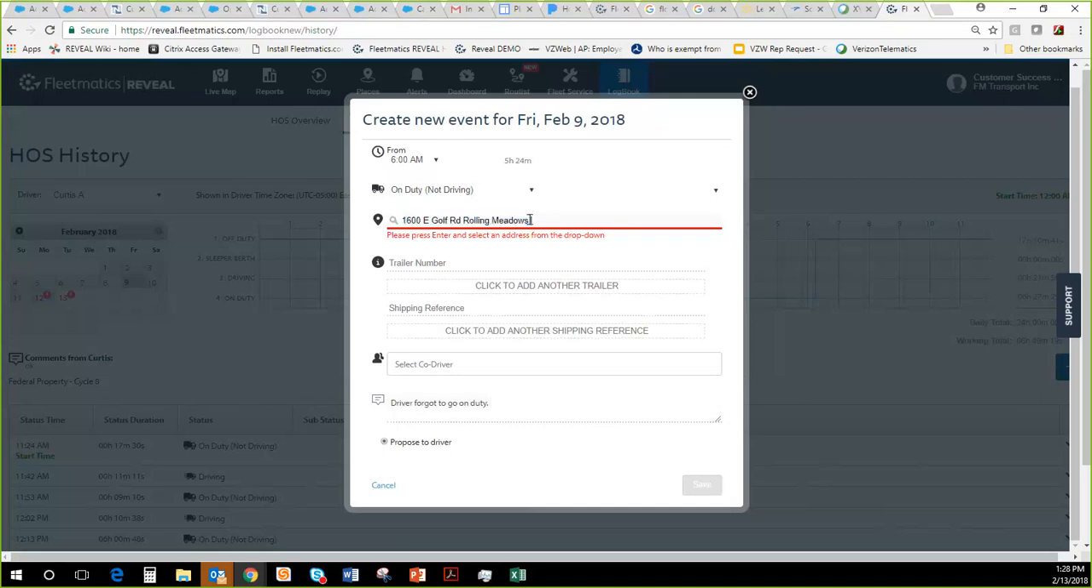So usually when you start typing in this address, you're going to get an auto-population of a field here where you can select the address. And once you have that, you can hit confirm. And then that'll actually add the status and make sure that this person's on-duty status was changed, and that you will propose it to the driver. The driver has to accept or reject this change within the app, and they'll get a notification in the app. So that would be how to add a driving status